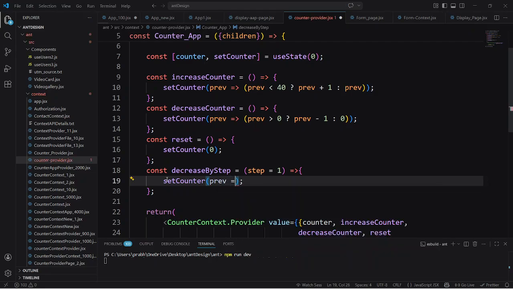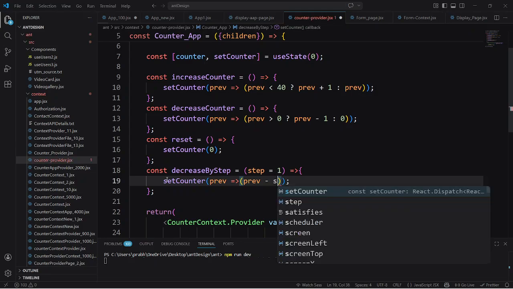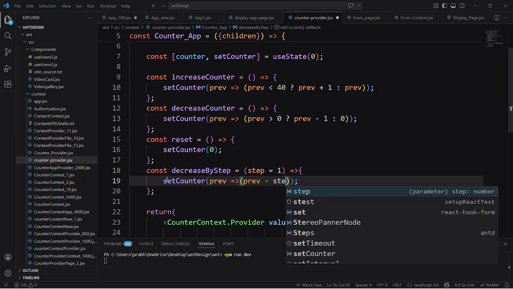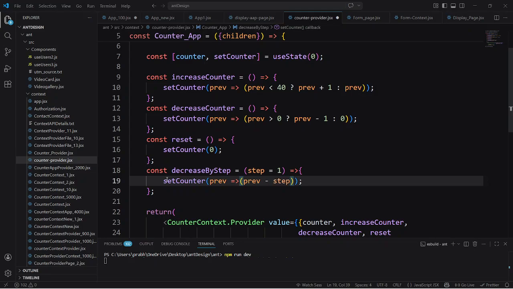I'll use the filter function like this, and now we will check if prev minus this step, where the user will give the step, like 5, 10, 20, 15, is greater than or equal to 0, then only we will say here,